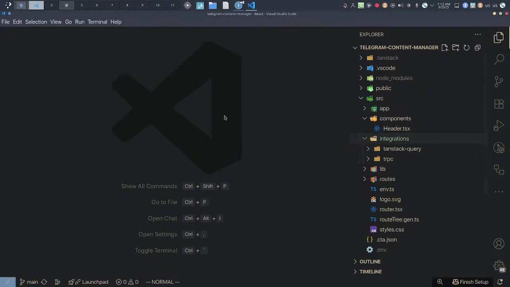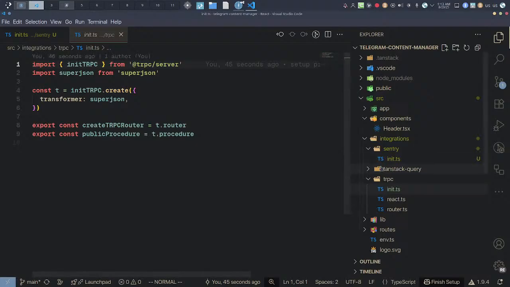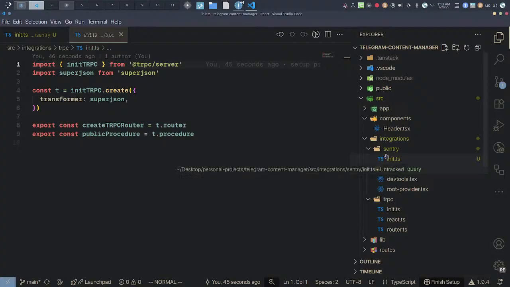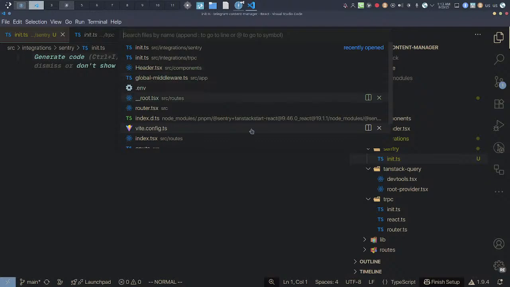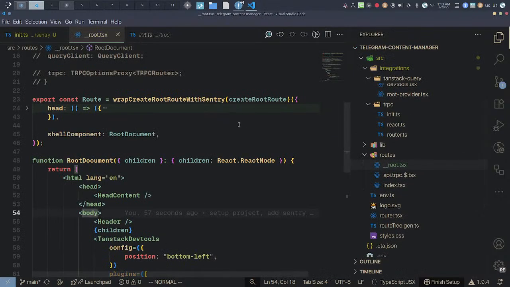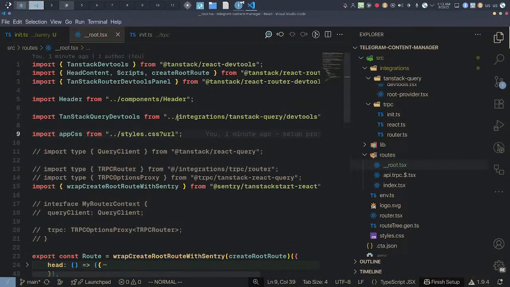Firstly, I want to add Sentry here, and an init.ts here, like they did here in TRPC. So, and I want to go to my root component,